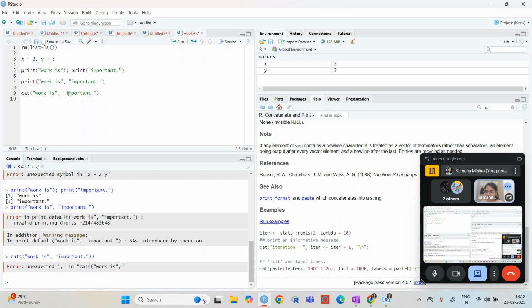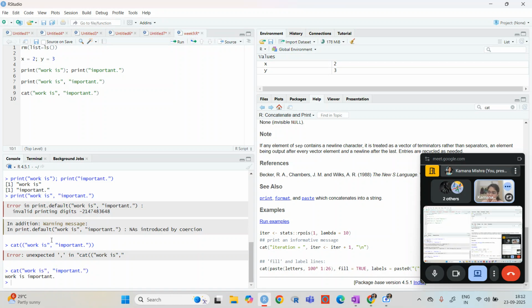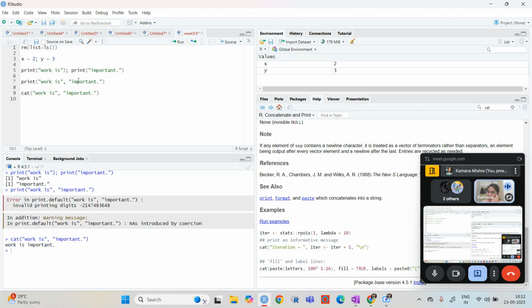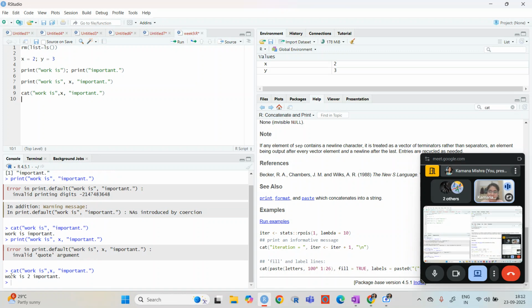If you are writing like this, now let me print all three. So you cannot do like this, you cannot make two strings here. Obviously, as I have said, if you want to add some x here, then you cannot do that. If I'm just writing x, you can add even a digit here, even a numeric, even if you have saved something somewhere else, then also you can print it here.